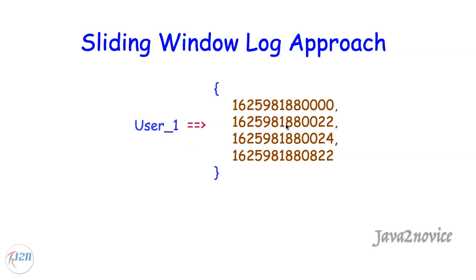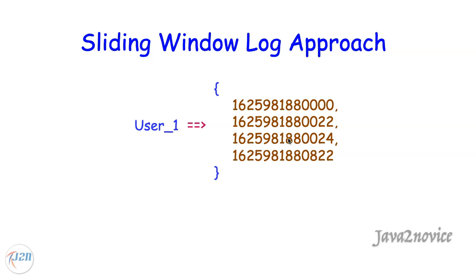Rather than storing a count as a value, we will just log each user request timestamp as a value. All these timestamps are already sorted. You can store timestamps in milliseconds for more granularity. When the application receives any user request, it first inserts the timestamp. It logs the timestamp here and then calculates the number of events within the last 1 minute sliding window range.